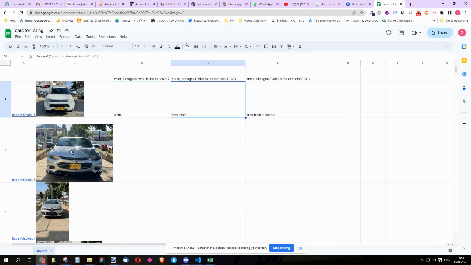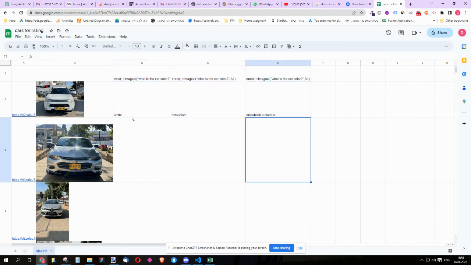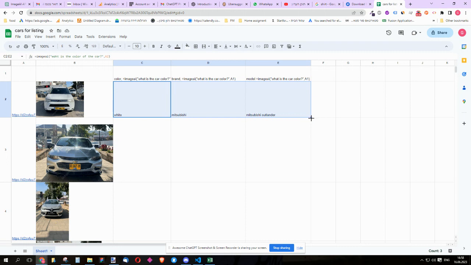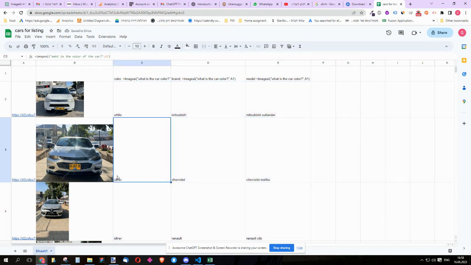And I don't know what the brand of the car is. I don't want to go one by one and write it down and search it. So basically, I'm using an AI function for this. I can show you. See, it's loading, and it got me the color of the car, the brand of the car, and the model of the car. So basically, to do so, we need